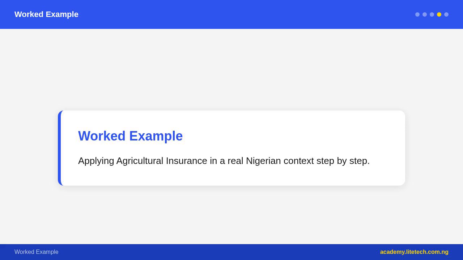Index-based livestock insurance, IBLI, is being piloted in some states in northern Nigeria for pastoralists. It uses remote sensing data, NDVI, the normalized difference vegetation index, from satellites to measure pasture quality. When the pasture index falls below a threshold, insured herders receive payment. This avoids individual assessment of millions of cattle.